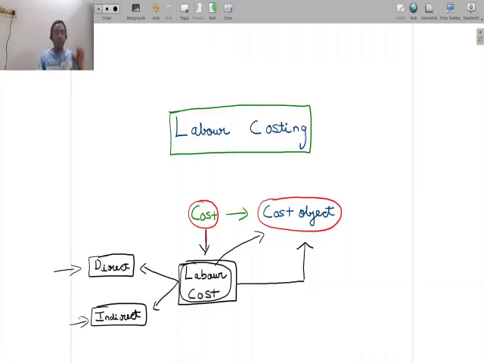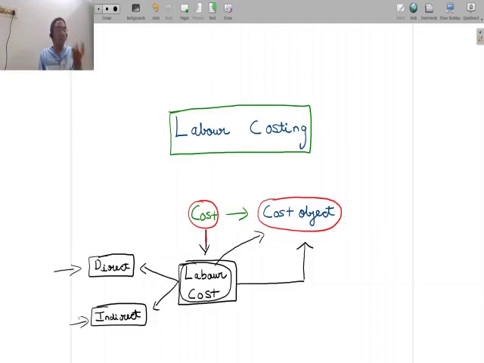At this stage, what we have seen is that the goal of cost accounting is to find out the cost associated with the cost object. And when we talk about cost, there are several types of cost. One important cost is the labor cost, and labor cost could be associated with any type of cost object, and based on that you have a classification of direct cost and indirect cost. So that's all that we have seen here, and now we have an idea about where labor cost would fit into the big picture, and why a study of this topic is in fact important when someone embarks on the study of cost and management accounting.